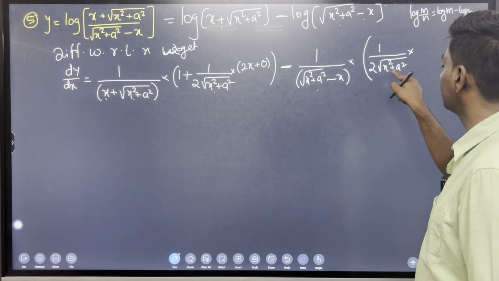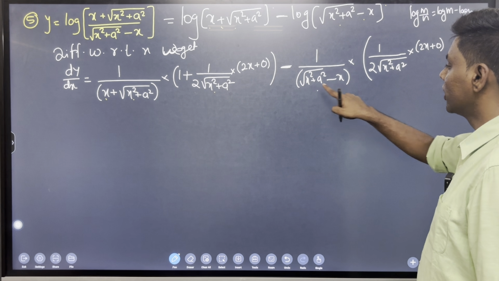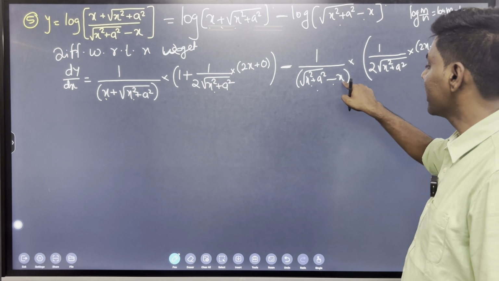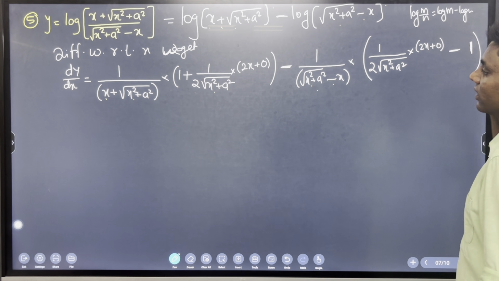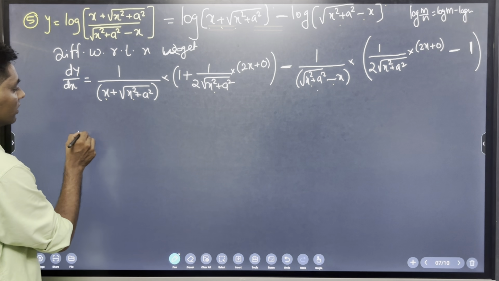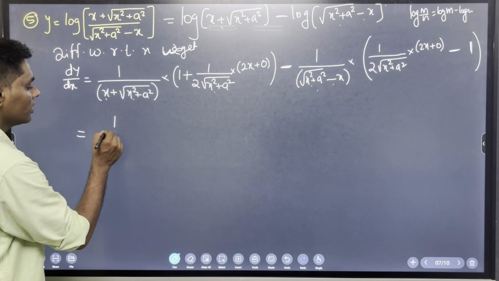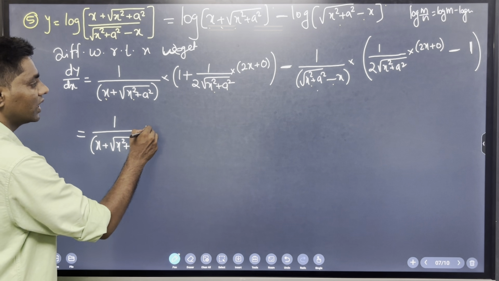Again we take the derivative of x square plus a square, which is 2x plus 0. This is the derivative of this term only. Now here minus x is present, having derivative minus, and x derivative is 1. So after completion we go for solving that observation. So here that is x plus under root of x square plus a square, and after that just solve this